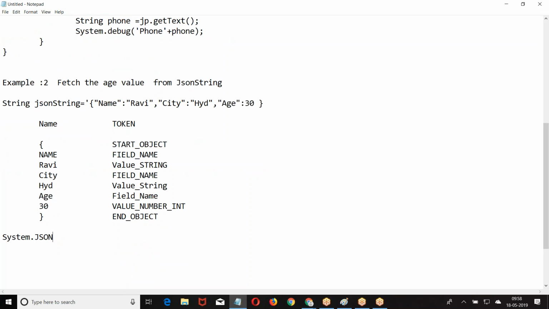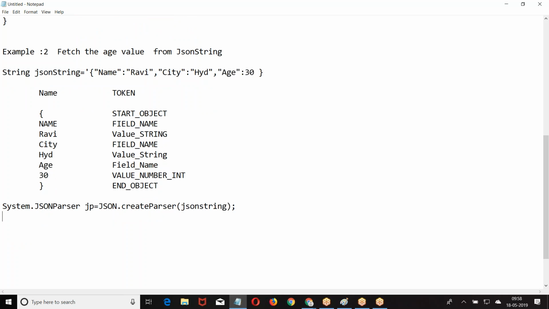System.JSON parser jp equal to JSON string. Then what am I going to do? While jp.nextToken not equal to null,